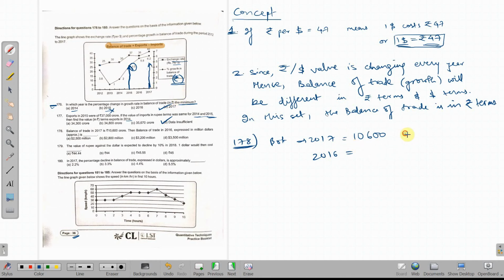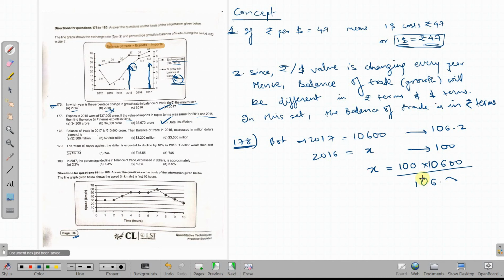So can I say, I don't know how much this is, but if this were 100, can I say this would grow by 6.2%? So this would be 106.2. Okay. Now we'll simply cross multiply to get the value of x. 100 parts is x, 106 parts is this much. So 100 parts would be how much? x would be equal to 100 into this divided by this. So 100 into 10600 divided by 106.2.